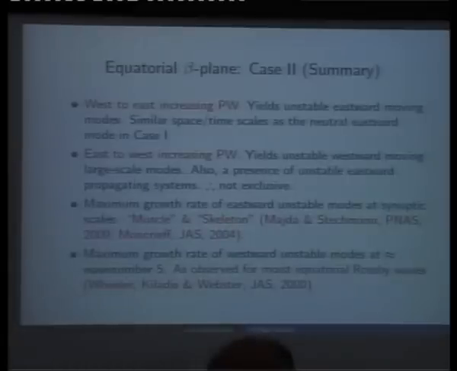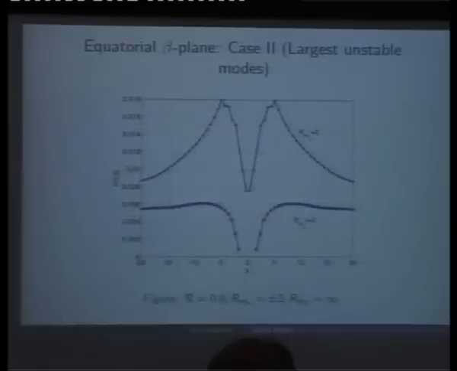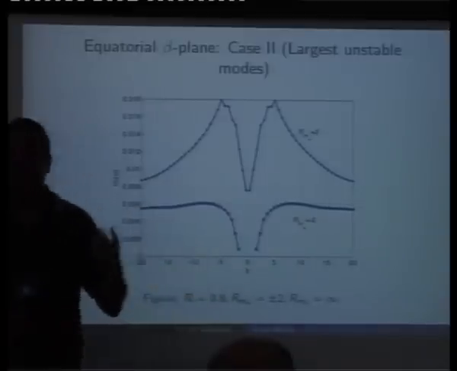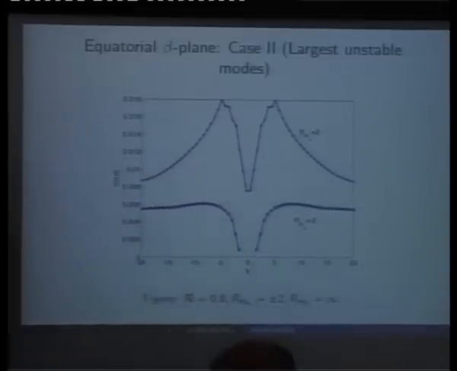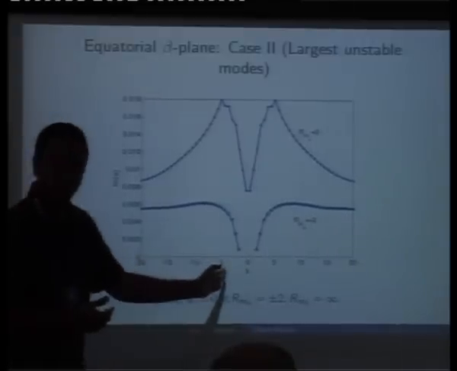And similarly, when the precipitable water gradient goes from west to east, you have waves that follow that gradient. Now, if you go back to the previous slide, this actually shows you the growth rate of the instability of these two waves. Let's focus on the upper part over here. These are the westward moving waves. They have an instability which reaches its maximum at approximately a wave number 5, right?